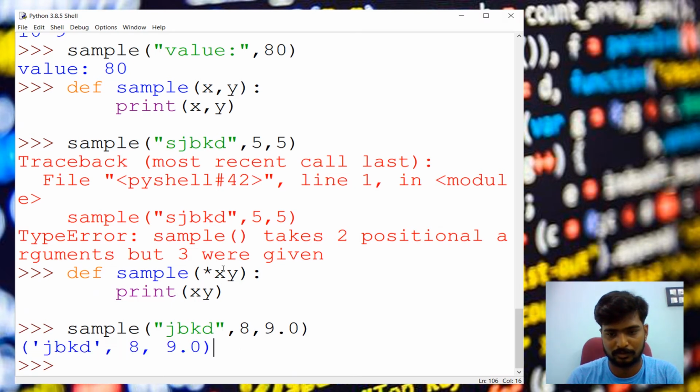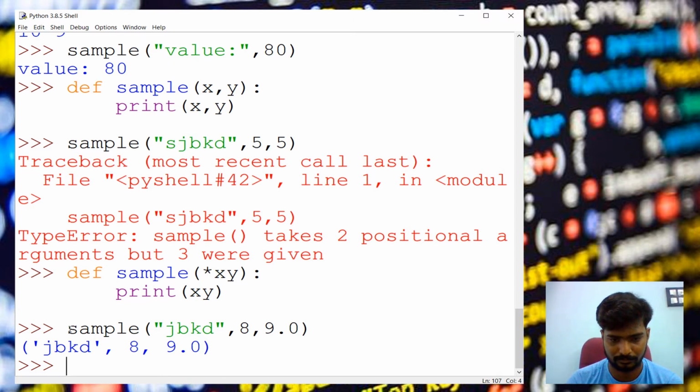It's like simply giving a single parameter variable using star. So it's like a list. Now we can use anything, or we can get it by index.